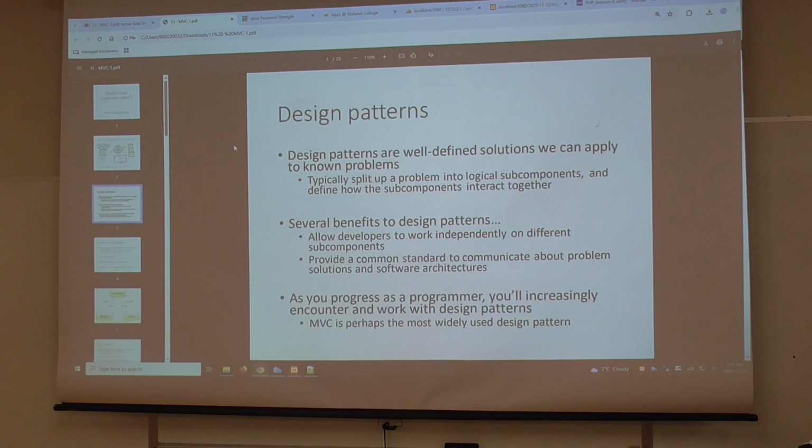Design patterns are well-defined solutions we can apply to known problems. Typically, we split a problem up into logical subcomponents and define how those subcomponents interact together. There are several benefits to working this way. We allow developers to work independently on different subcomponents.